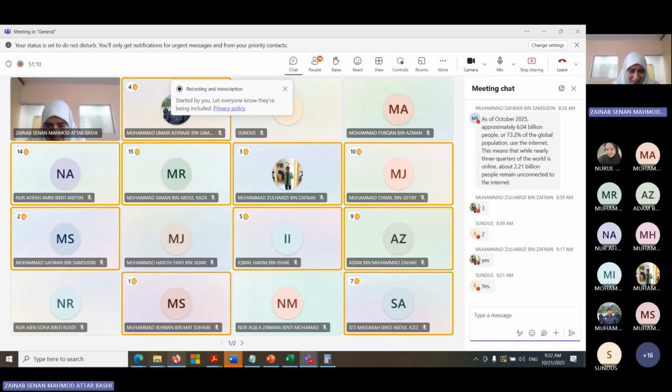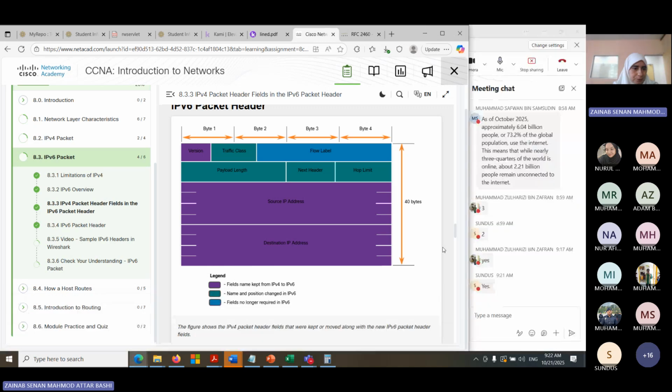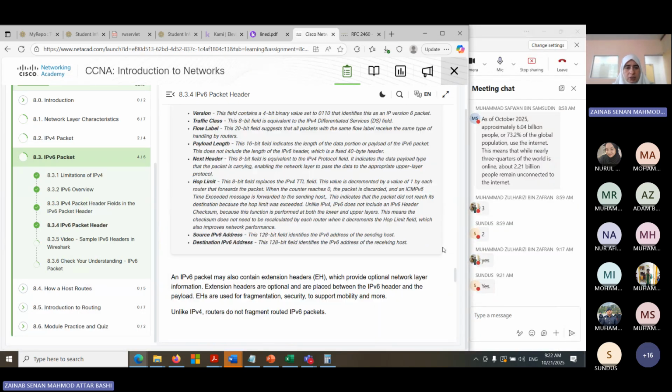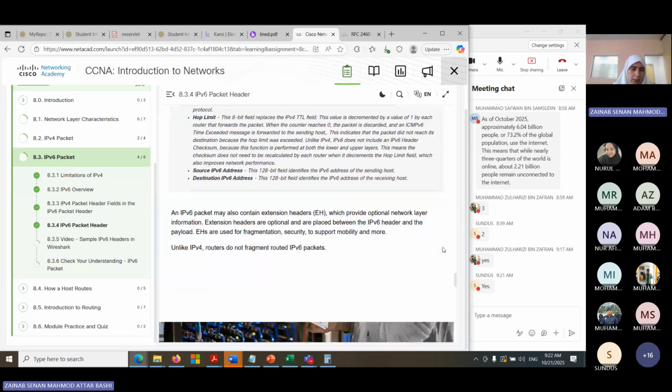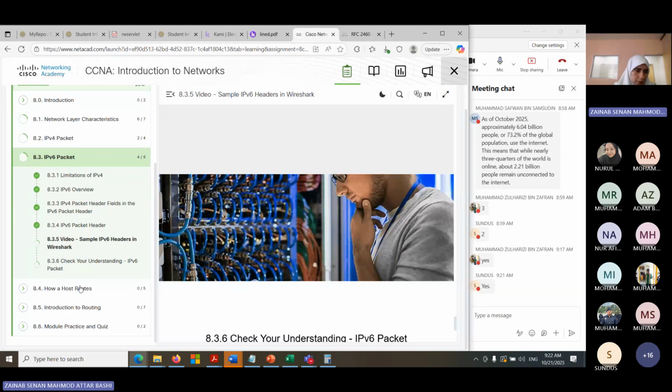Okay, now let's continue and talk about IPv6. I will not talk about how we write it and so on until we need it. For the time being, we don't. So we can skip the part of IPv4. Now